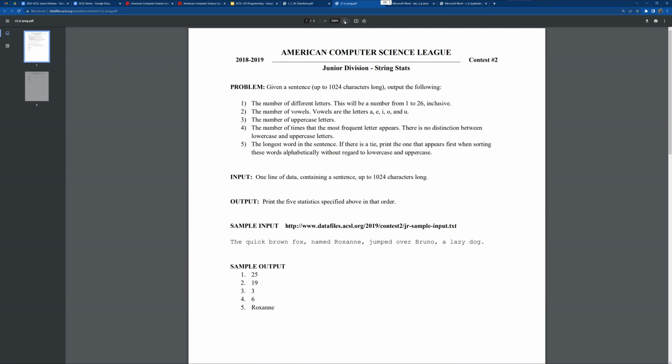The problem says you're given a sentence, like this: The quick brown fox named Roxanne jumped over Bruno, a lazy dog. That whole thing is a sentence. Now it's asking you to write a function that, given that sentence, provides these five results. It asks you for the number of different letters,